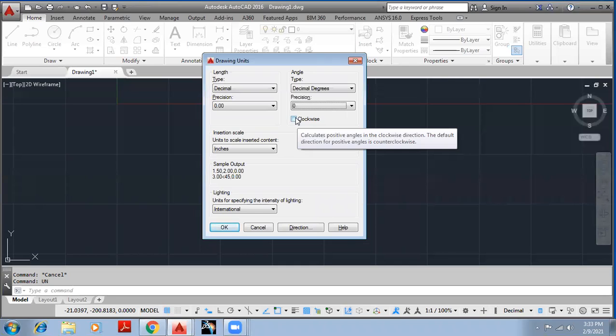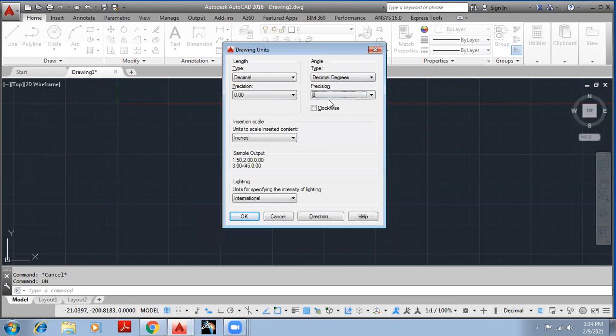It will consider east as 0 degrees, north as 90 degrees, west as 180, and south as 270 degrees. So the angle gets measured like this in AutoCAD. If I click clockwise, then west will become 0 degrees, north will become 90, and east will become 180 degrees.